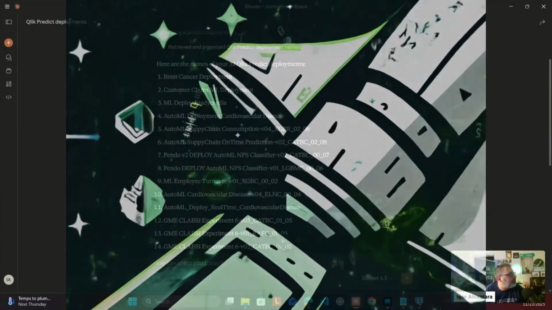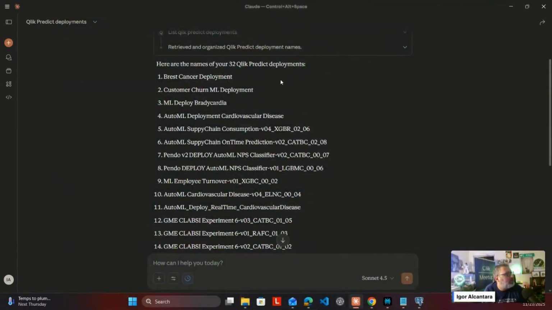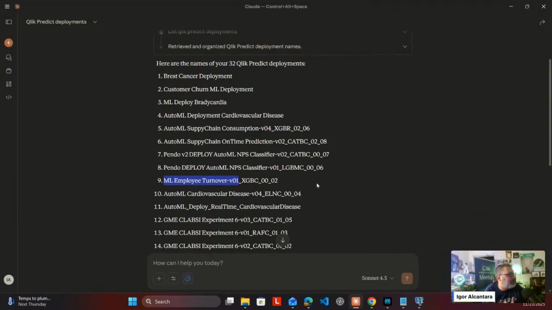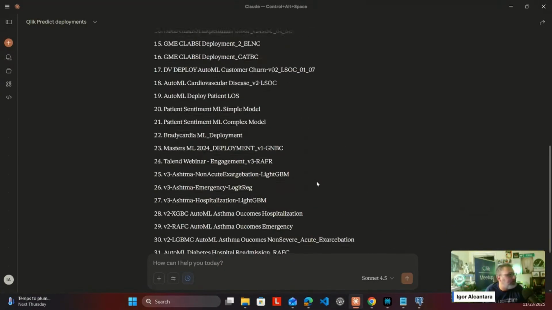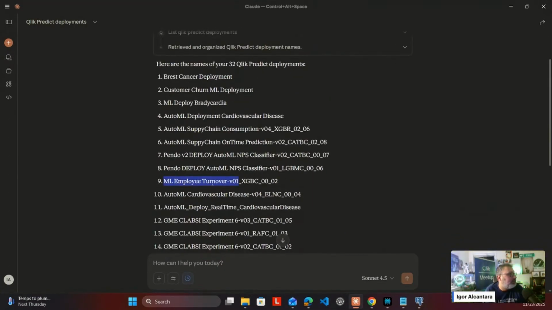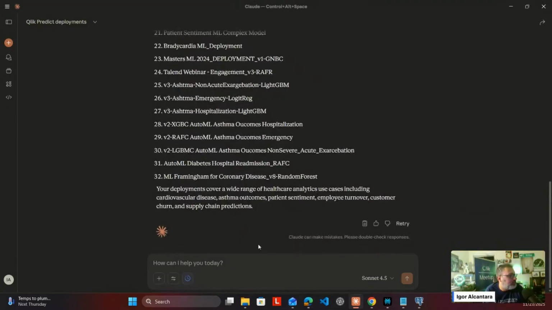All right, so it's able to return 32 Qlik Predict deployments. So there's a lot of deployments in my environment. I do really use that. And the one that I'm actually interested in is this one right here, ML employee turnover, because that's the one that I'm going to use. So let me get that name. We don't need to have the exact name, because Qlik Predict will be able to look at it. And now I will continue this and I'll say,